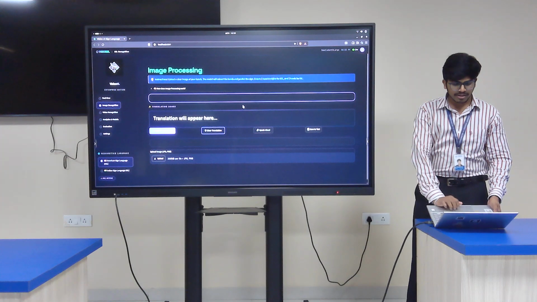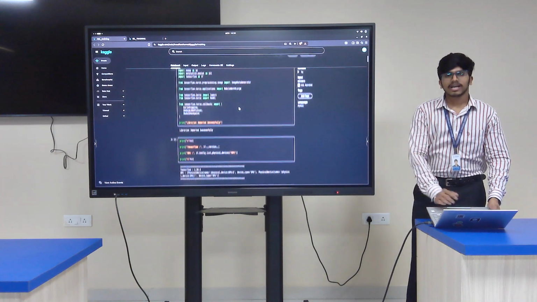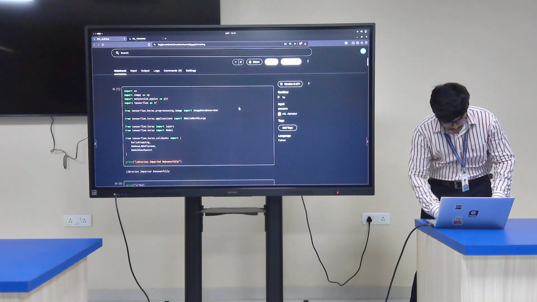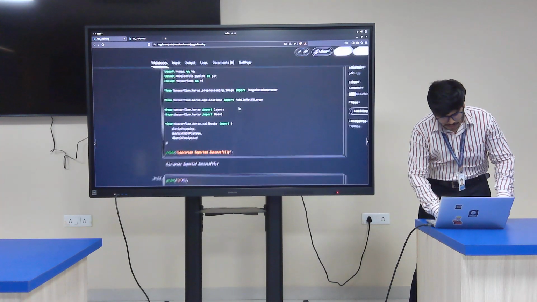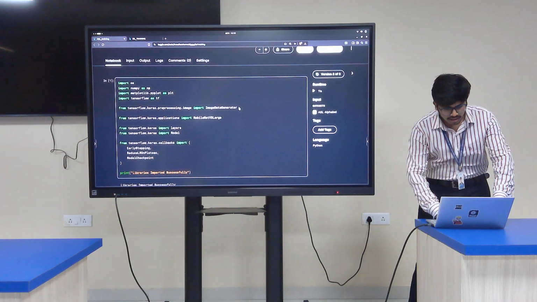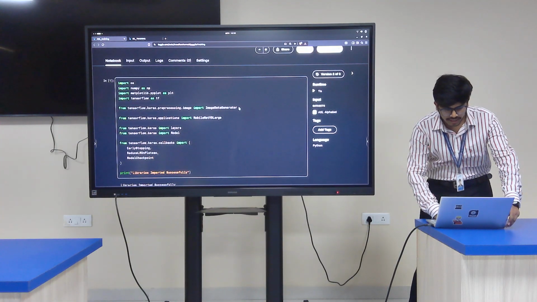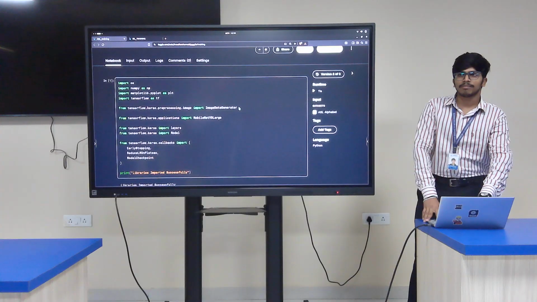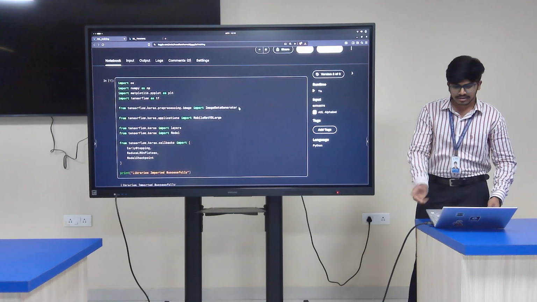At first, let me explain the code. I use a notebook for training my model. First, this cell is all about importing the things, like the image data generator to balance my data, and